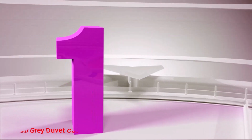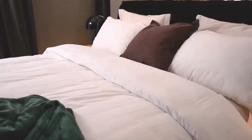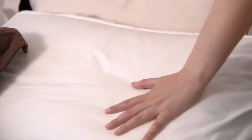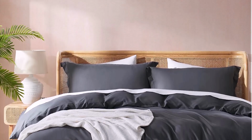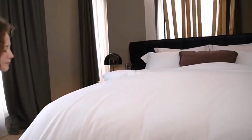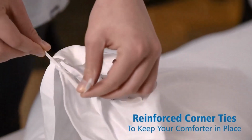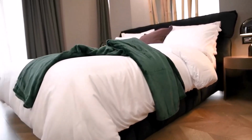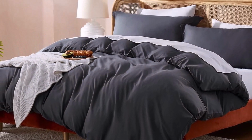Number 1. Nestle Grey Duvet Cover. The Nestle Grey Duvet cover is the perfect bedding solution for anyone looking for a way to keep their bedroom cool and comfortable. Its microfiber construction is both durable and lightweight, offering users a breathable yet cozy duvet cover set. With a 110 GSM microfiber fabric and double brushed finish, this duvet set is sure to keep you warm without